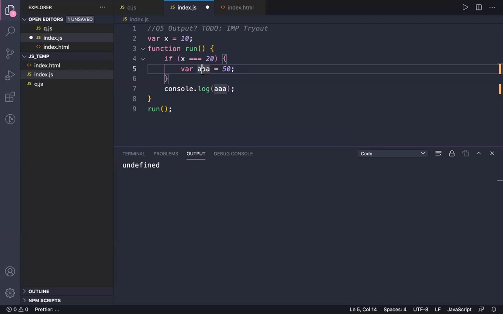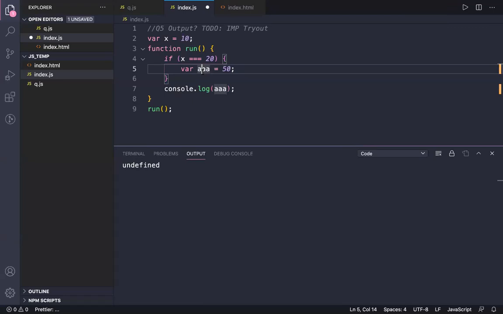Okay, so remember this statement. In the memory phase, the JavaScript engine goes from top to bottom, line by line, and gives memory to all the variables and functions that require it. In the code execution phase, it again skims from top to bottom and then initializes values, or maybe calls the function, or maybe prints stuff, which is not part of